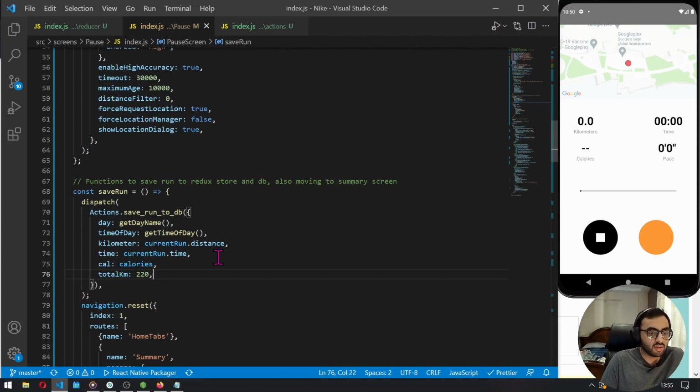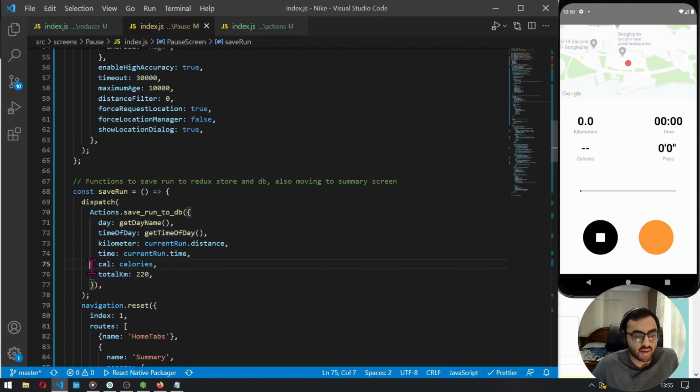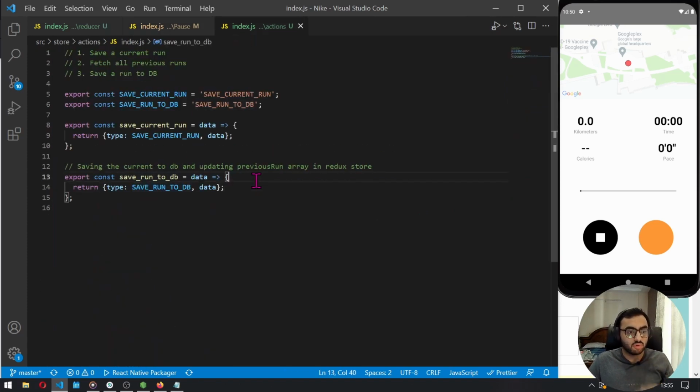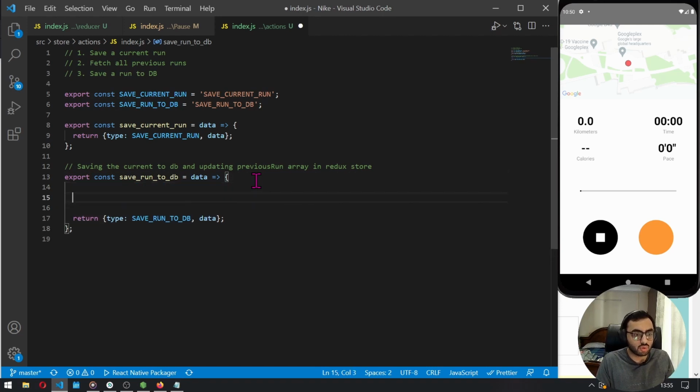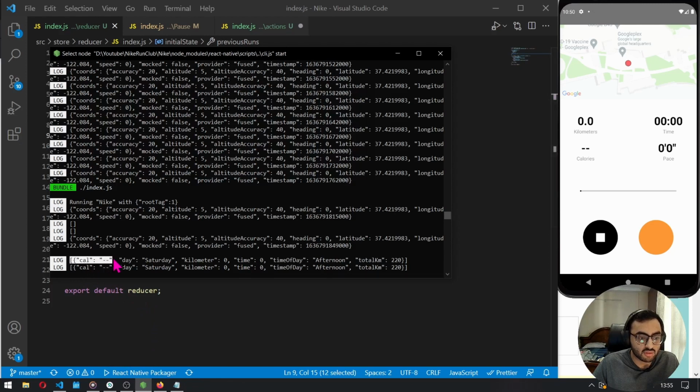All right, so this is good. We have done this. Now obviously there are many things that we can improve in this. First, small details of the total kilometers and calories, but right now I'm focusing on integrating Redux to the whole application. So now that we have done the pause screen, we will obviously have one more. We will make a few lines of code when we are saving this to our actual database. Right now it is just moving in a UI, or you can say the React Native, because whenever what is happening right now is,